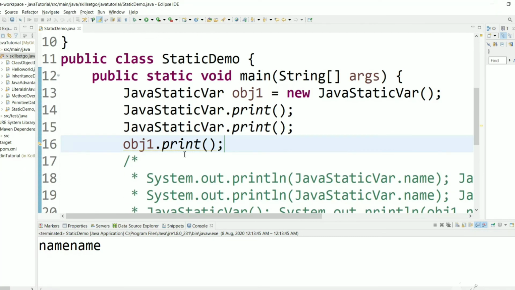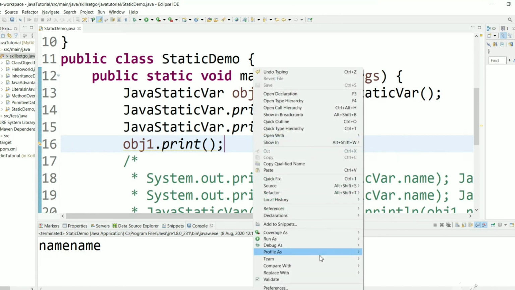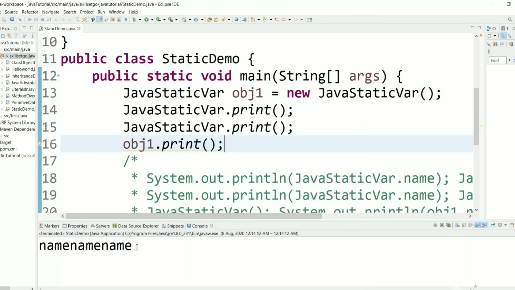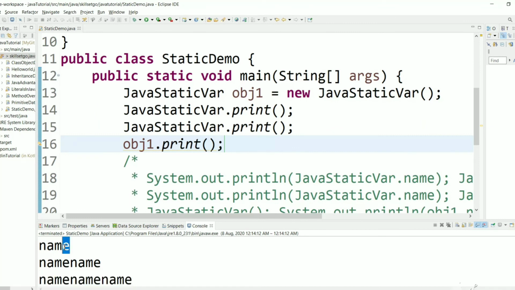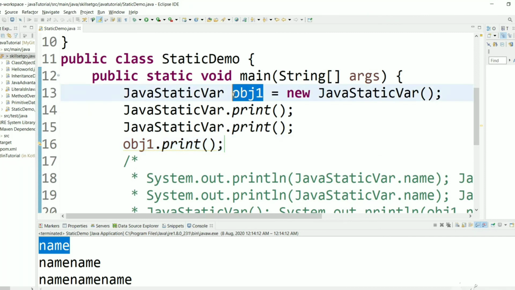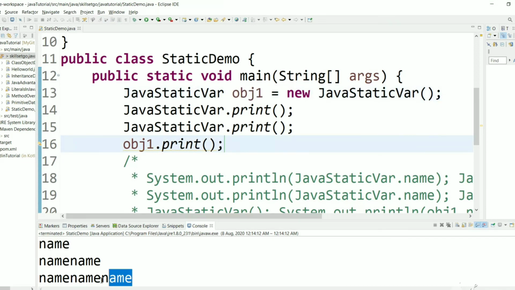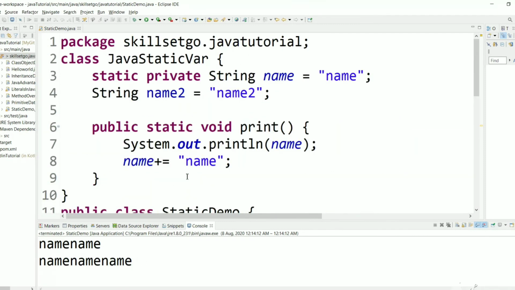So the latest value will be three times name. Let's print it. As you can see, first time we used the class name, second time also we used the class name, third time we used an object, and fourth time if you use any other object, object2, we will get the latest value with four names. So this is all about static variables.